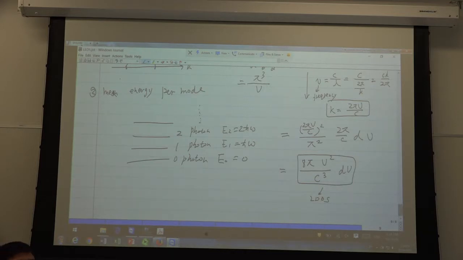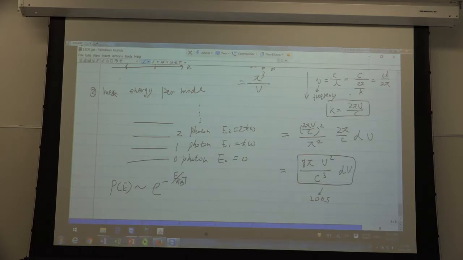For electrons, if one electron occupies a state, another electron should occupy a different state. We call this the Pauli exclusion principle. That means 2 electrons cannot occupy the same state. But a photon is different. Any number of photons can occupy any allowed state. So in each state we can have 0 photon, 1 photon, 2 photons. We don't know.